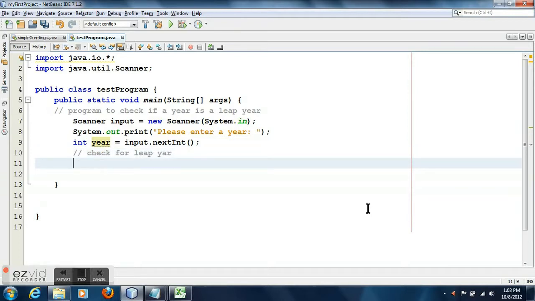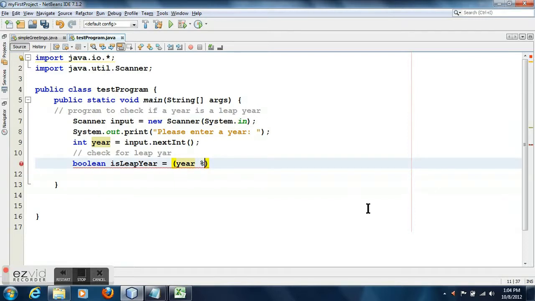Now I will check for leap year. Okay, Boolean. Now watch carefully how I am assigning the variable names, defining the variable name. Boolean isLeapYear, so I am using the Java recommended naming standard. This is a Boolean variable, it will only hold true or false. Boolean isLeapYear. Now I will check that condition.